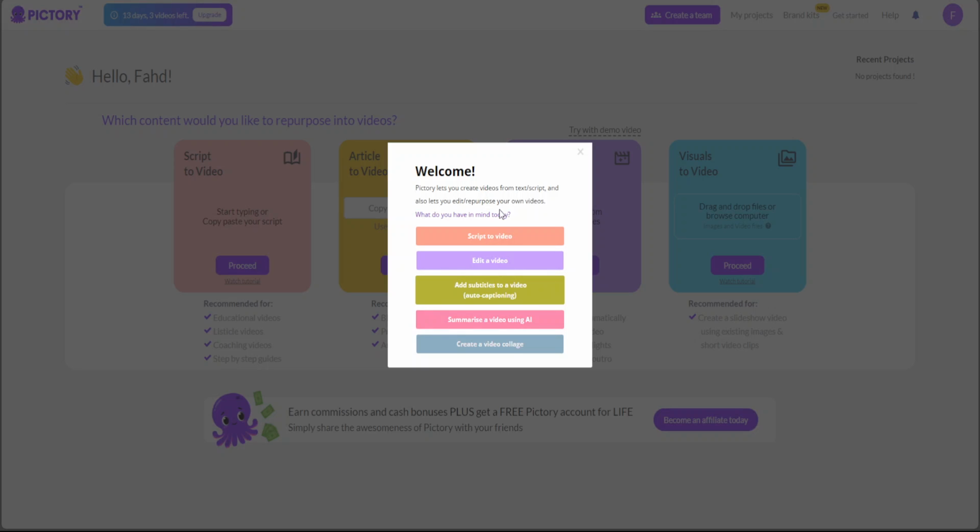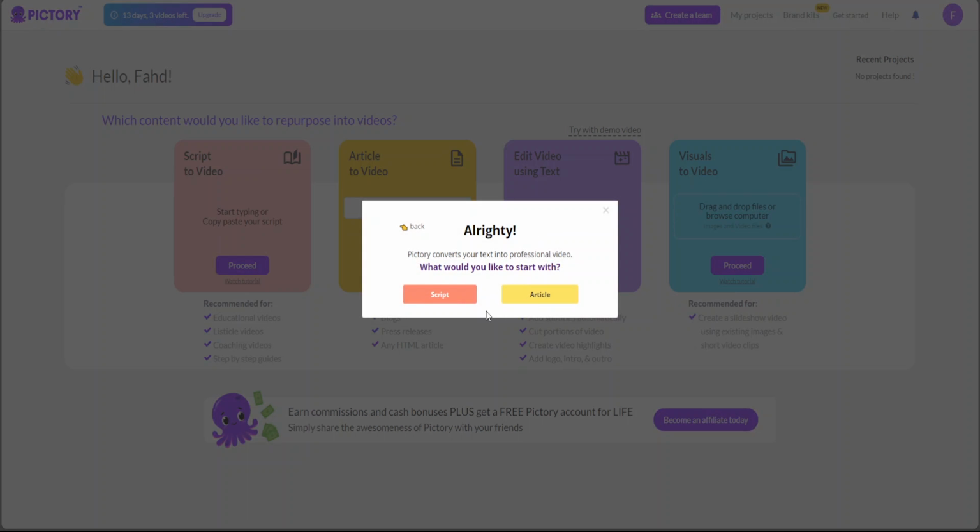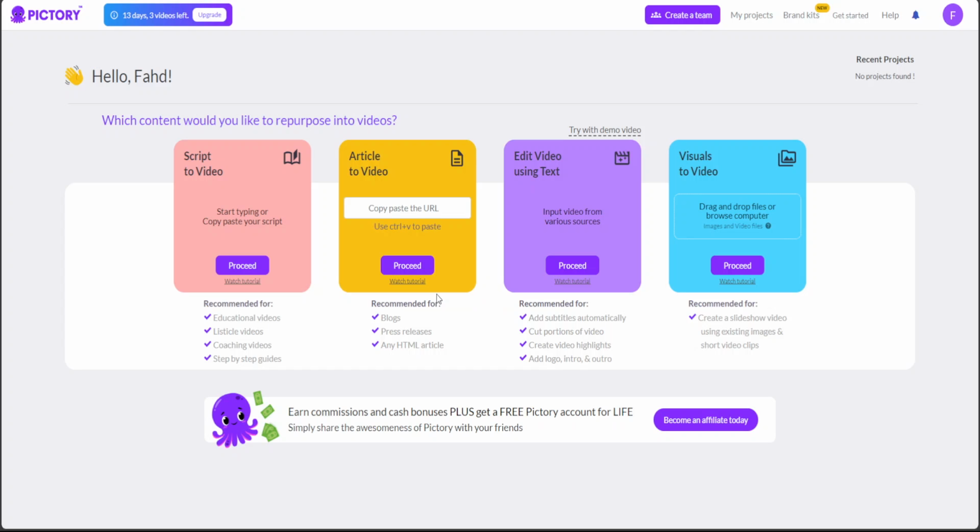So this is what you get when you log in. First, let's click on script to video, and it is asking you, Pictory converts your text into professional video. What would you like to start with? You can either point it to your own article or you can enter a script. Let's click on script here,